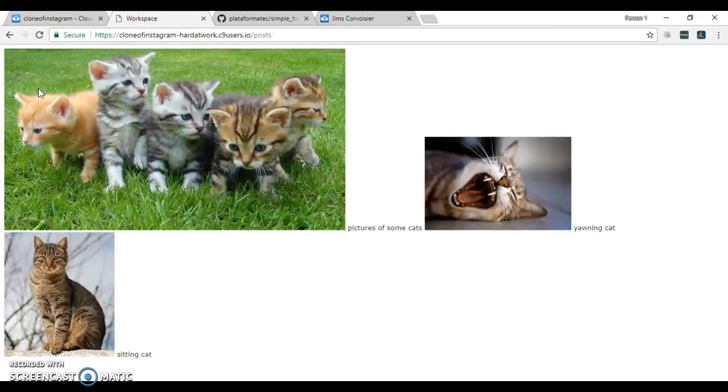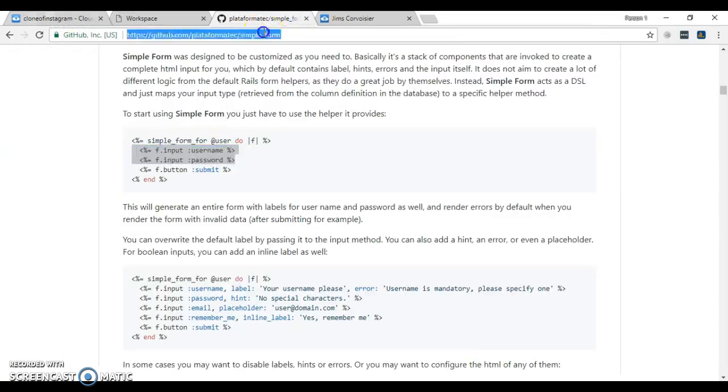Alright, now we have the image and caption, okay? Perfect. Now we just need to install Bootstrap, and I am going to be using Bootstrap